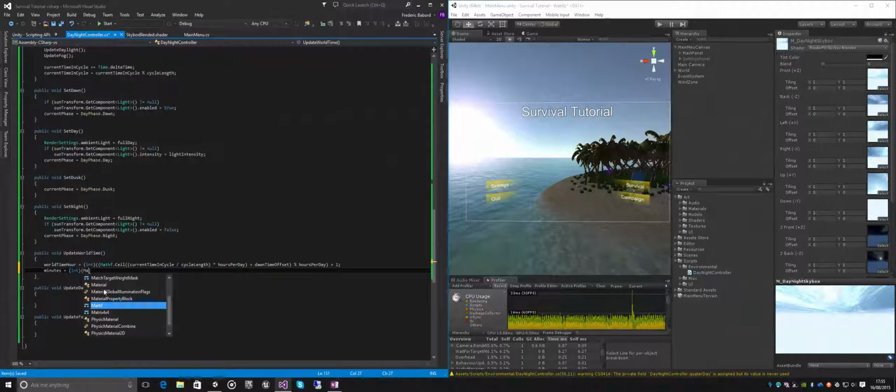Okay, mathf.seal current time and cycle times by 60 divided by time per hour mod 60. Okay, so that's the update world time. Where it says update daylight,